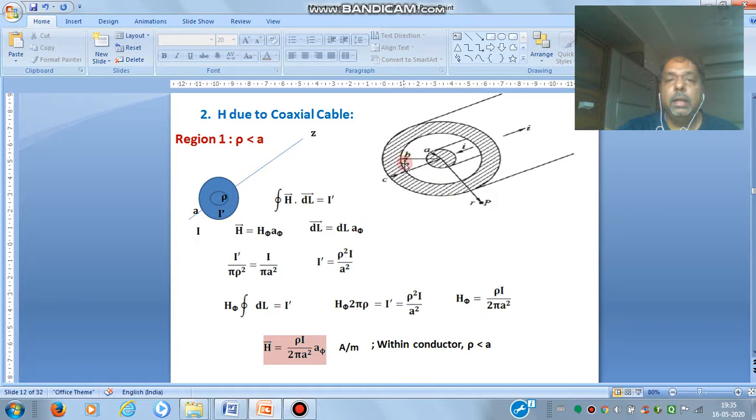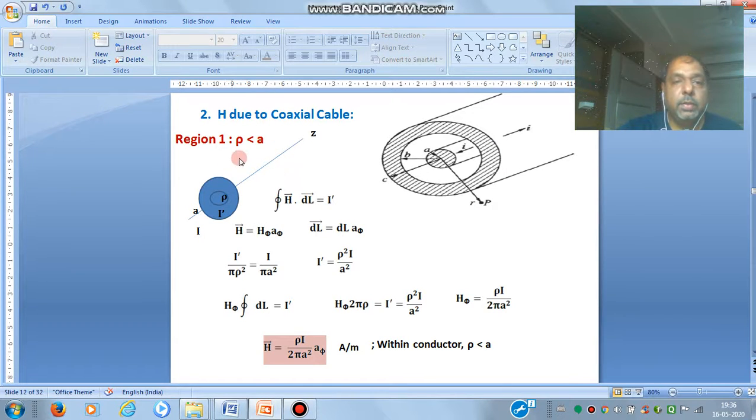having inner radius B and outer radius C. Between these two cylindrical wires, a certain dielectric material is inserted, having dielectric constant epsilon r. Suppose the inner conductor is carrying current in this direction and the outer conductor is carrying current in this direction. Then we want to calculate what the magnetic field will be inside this inner wire, at a point in between these two conductors, and inside the second conductor. So we are going to see one by one.